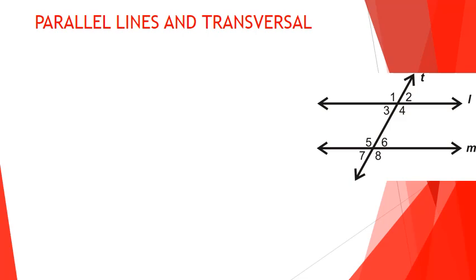Now we are studying about parallel lines intersected by a transversal. What will happen? If two parallel lines are intersected by a transversal, 8 angles will be formed. But the thing is that they have special properties in relation to each other. The 8 angles formed, the names and everything are the same, but when the lines are parallel, they have some special properties. Those properties we can learn now.